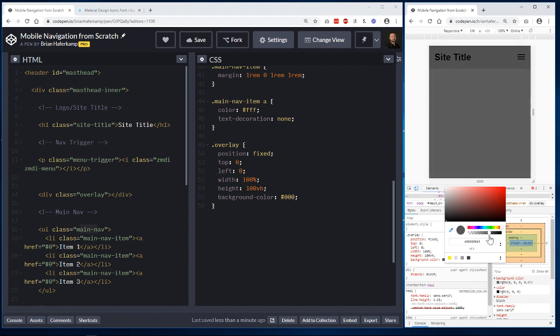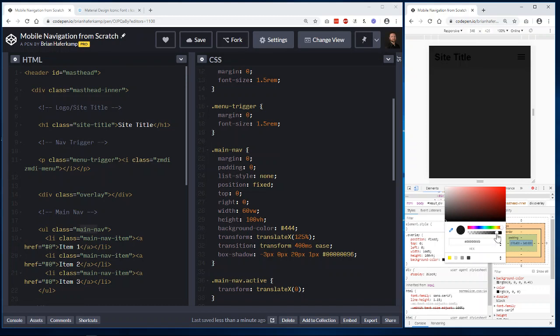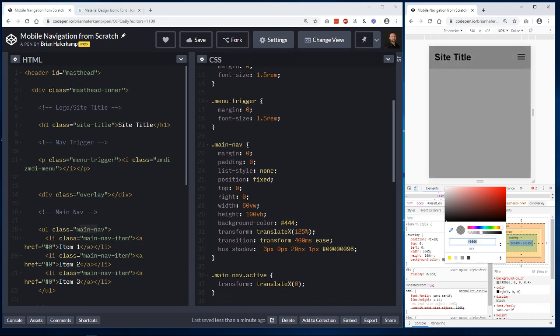So let's do something like, let's just do it a little bit, because the problem is our main nav over here is a dark black, so we don't want a black menu over top of a totally darkened background. So we'll just go a little bit lighter, maybe something like that, and we'll just see how that